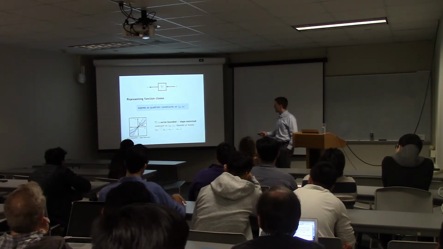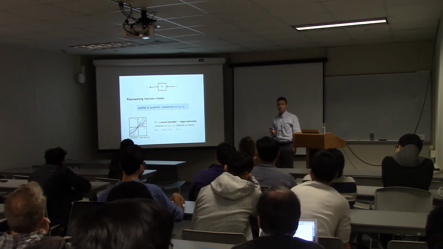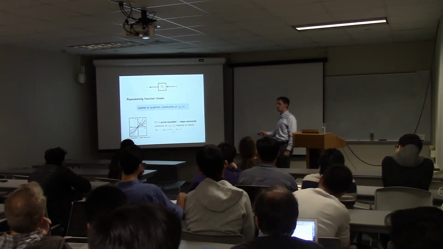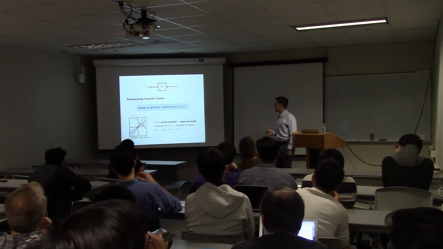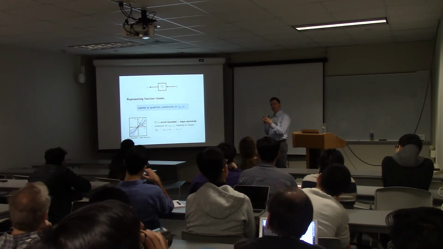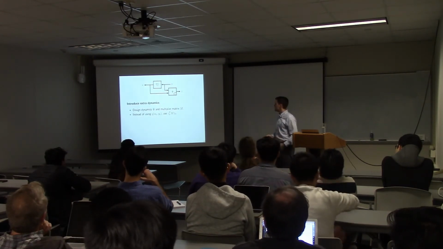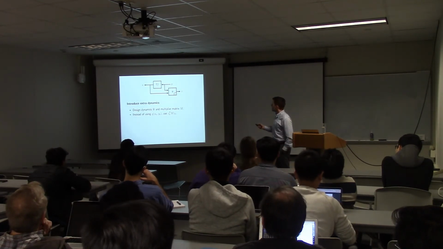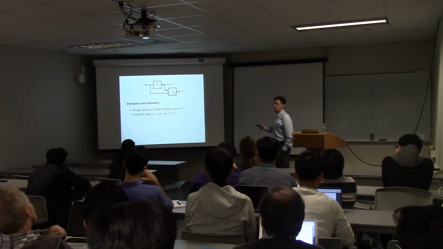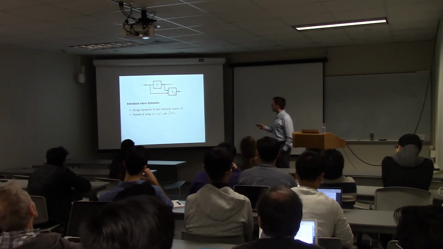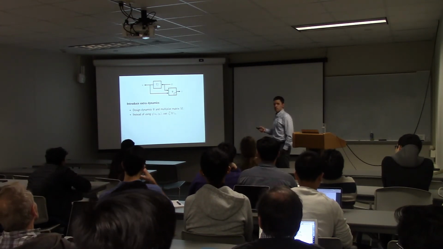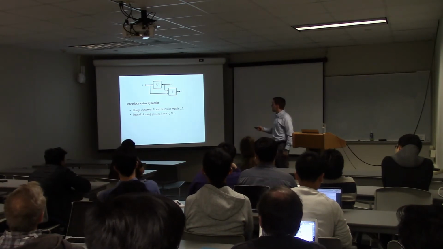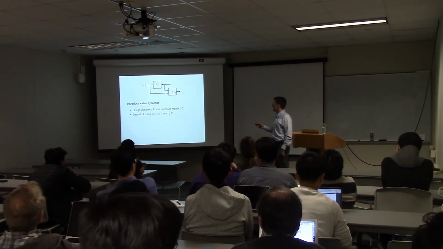But the quadratic will involve the entire history of points. That's unfortunate. If we're hoping for something scalable, we don't want this to involve the entire history of points. But there is a way to condense that representation. The idea is roughly like this. Again, I don't want to go into a lot of detail, but imagine that you have some auxiliary dynamical system, which I'm going to call psi, whose inputs are y and u. This is some other dynamical system with some other state, and its output is going to be z.